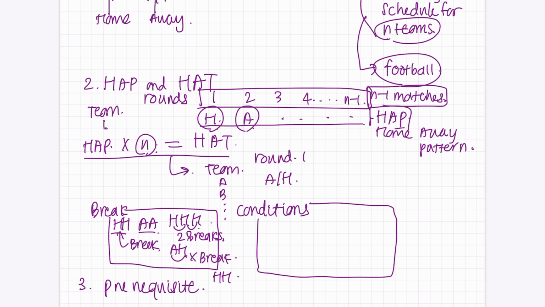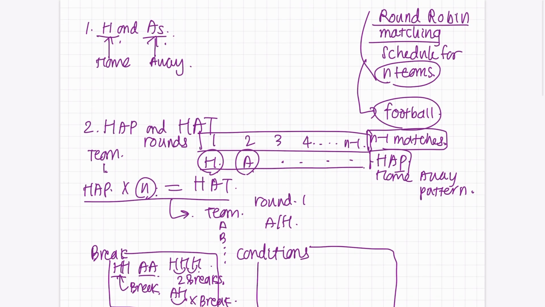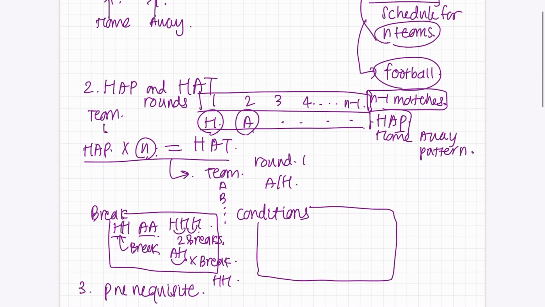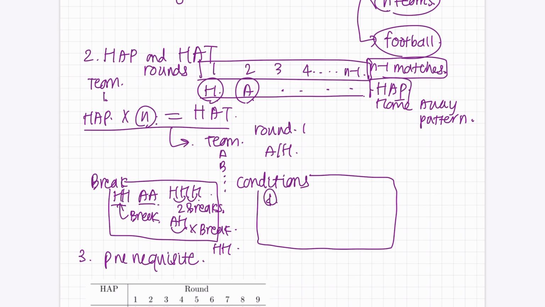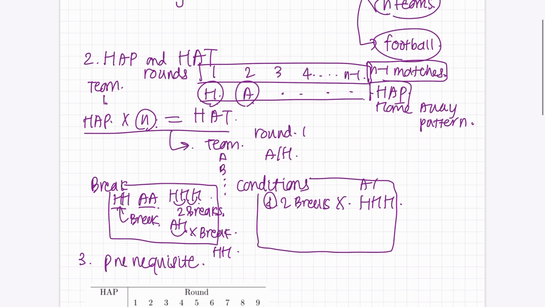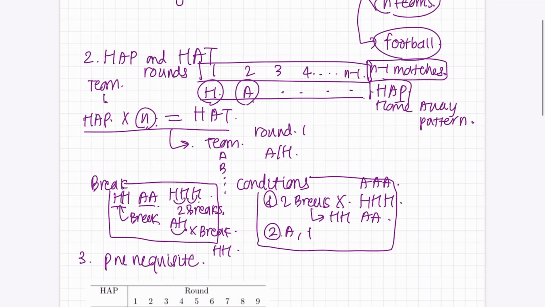And some of the conditions that we need to adhere to when generating a round-robin matching schedule is that, firstly, we cannot have 2 consecutive breaks. So we cannot have a schedule wherein we have 3 home matches consecutively or 3 away matches consecutively, or even more than that. So the maximum number of away matches or home matches that we can have consecutively is 2, i.e. 1 break. And also, for any round I, the number of away games A and home games H must